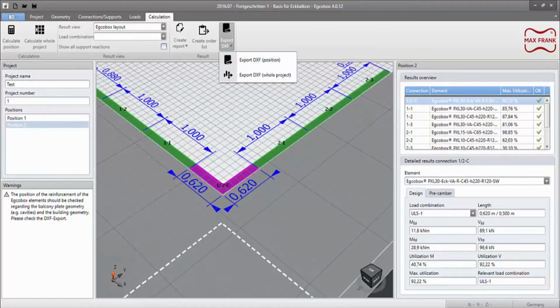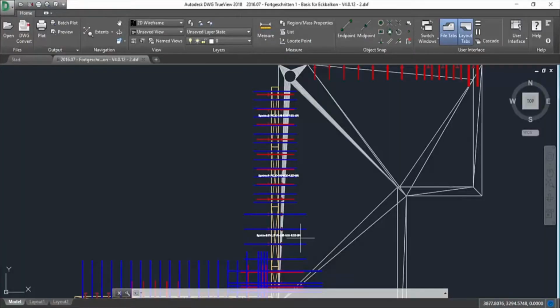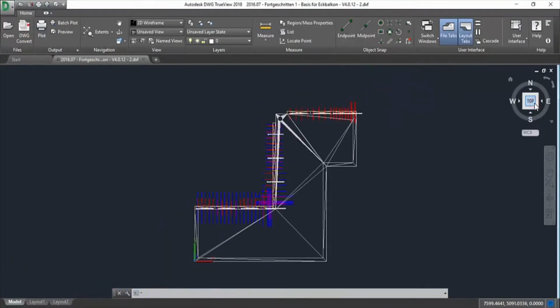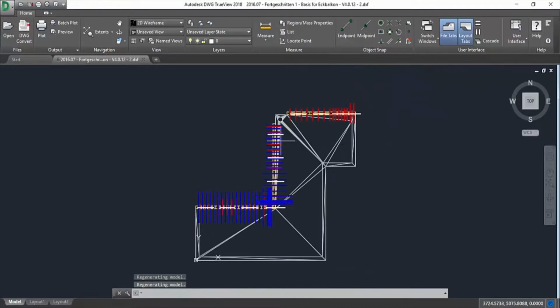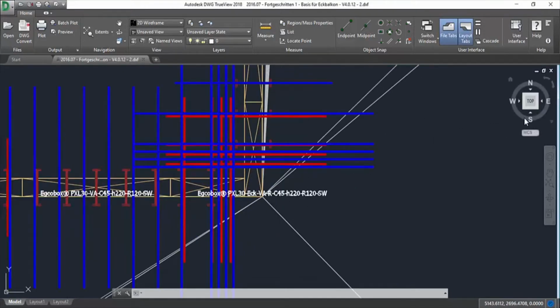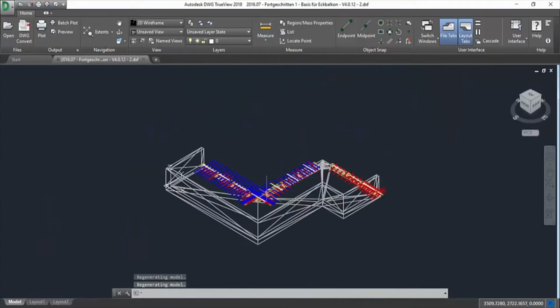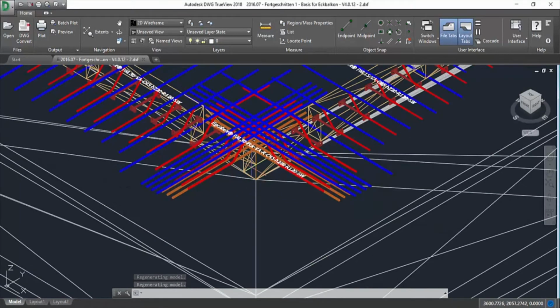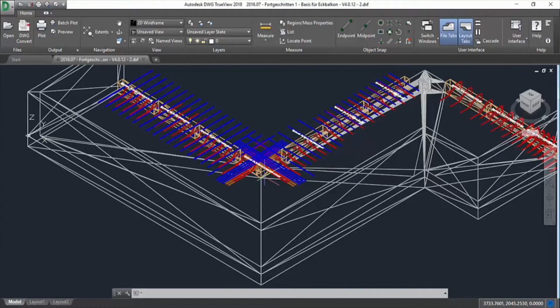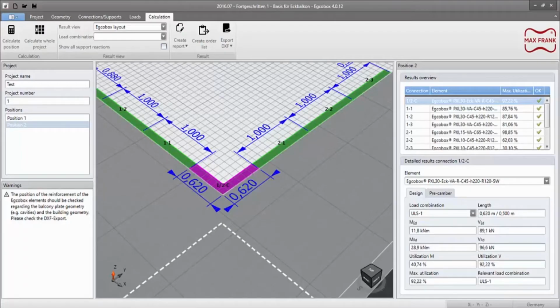For this, we have pre-installed a DWG viewer. In the output file, the balcony and the Egcobox are detailed so that we can view the reinforcement layout of the Egcobox three-dimensionally. This enables us to check whether, for example, tensile bars cross in one plane, and perhaps a greater concrete cover must be used. We can also check whether the tensile bars of the Egcobox will in fact fit the geometry of the balcony or the ceiling. Finally, we can see that the software with its free input has more calculation possibilities, including for